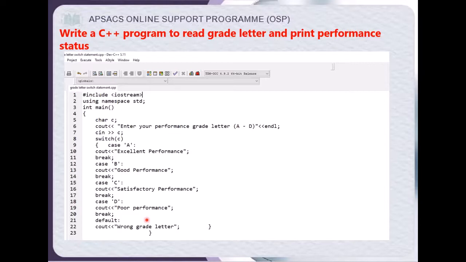If user enters grade letter other than A to D, then it will print wrong grade letter. This is the end of switch statement with curly braces, and that is the end of main function.